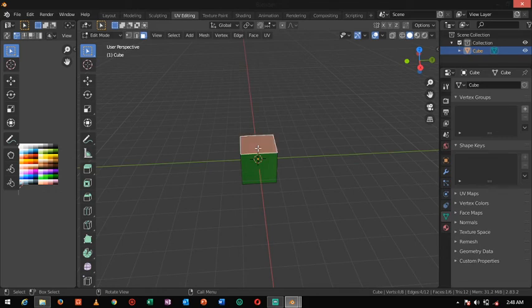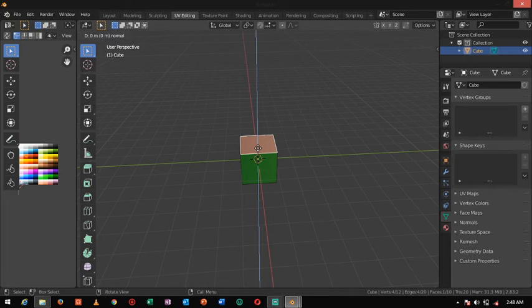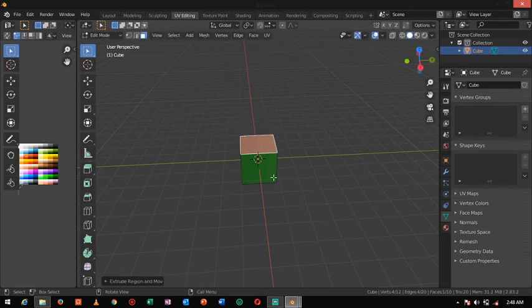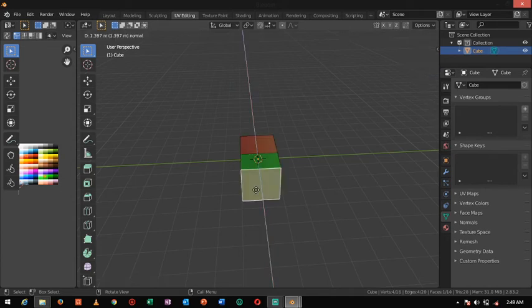Select the face and press the button E. Simply you can use extrude, and how much you want to extrude, you can extrude. Like from here also you can do this. It's very easy. If you know the hotkeys, you can easily do whatever you want. It is easy to operate Blender.